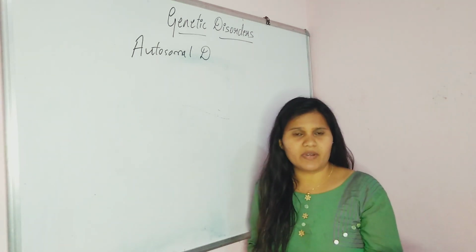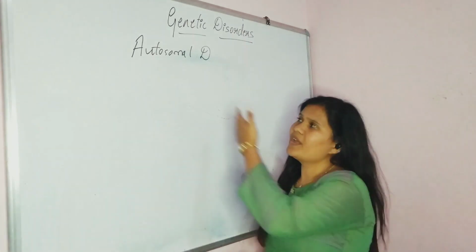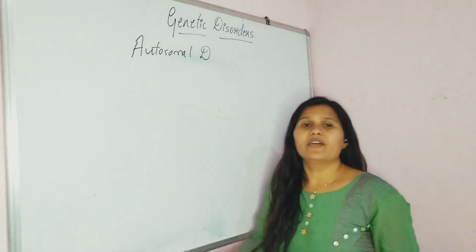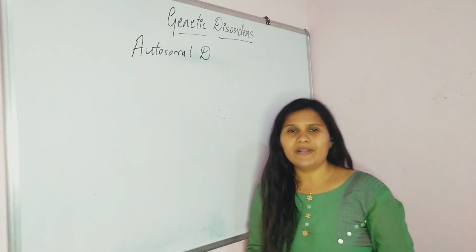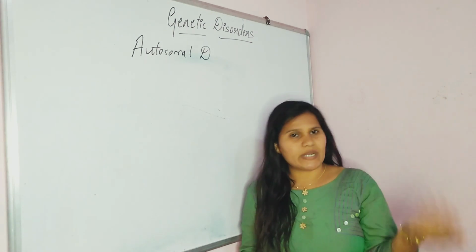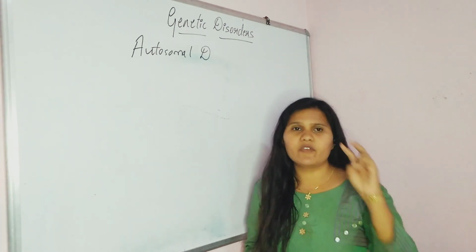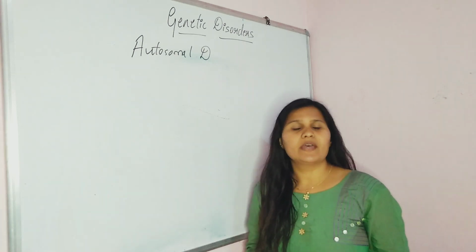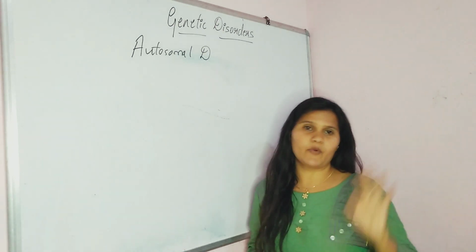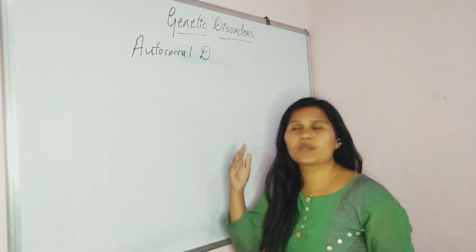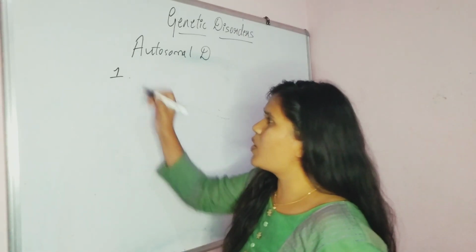It is nothing but where the mutated gene is present or located on the autosomes. That will lead to the disorder, hence it is called an autosomal disorder. In yesterday's class on X-linked disorders, let me remind you that we studied two disorders: the first one is color blindness and the second one is hemophilia. So now let's go on with the autosomal disorders. In that, the first disorder is